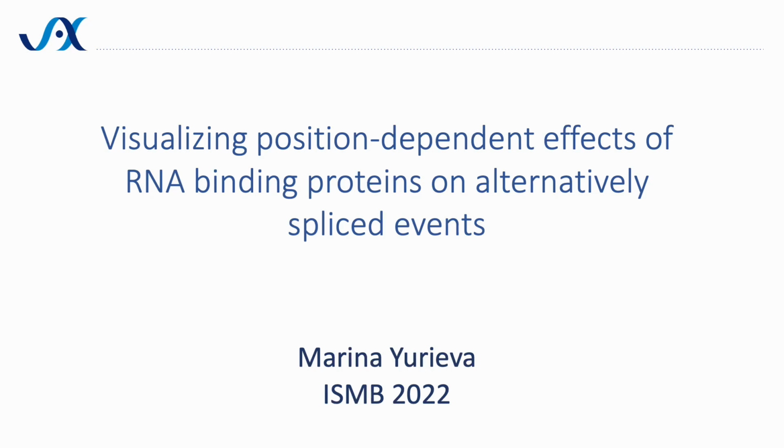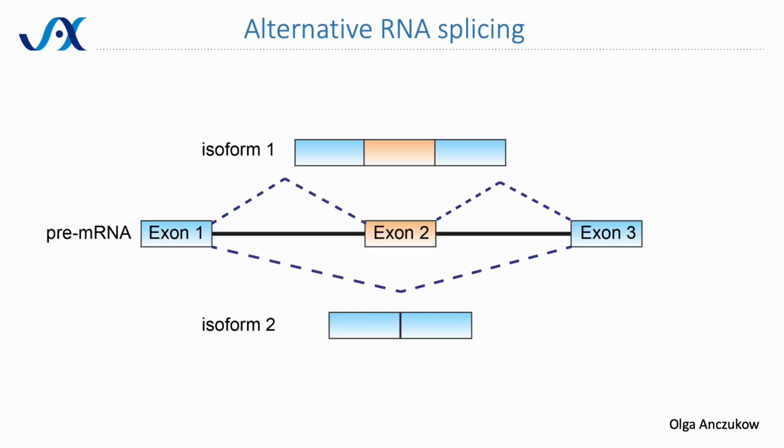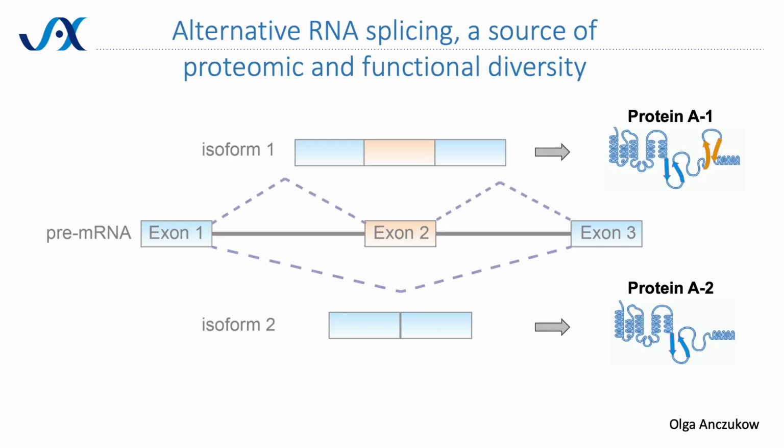Hello, my name is Marina Yurieva, and I'd like to present my work on visualizing the significant RNA binding motifs in alternatively spliced data. Alternative splicing is a molecular mechanism that modifies pre-mRNA constructs prior to translation. It results in production of proteins that vary in their sequence and activity and play important roles in development, cancer,